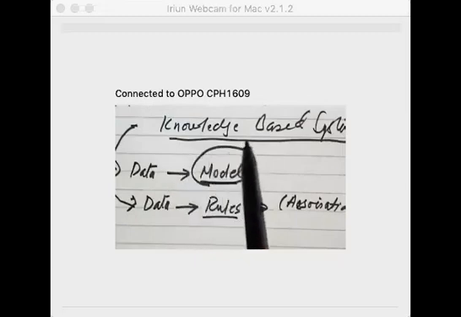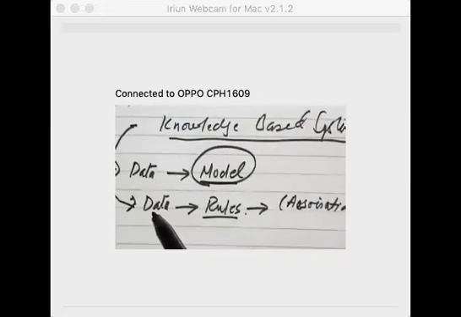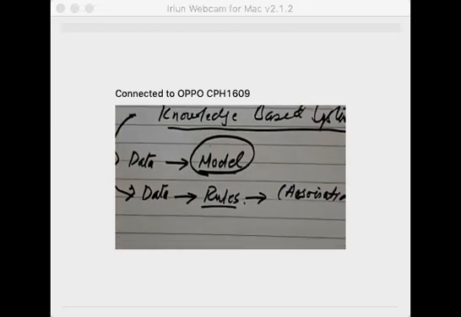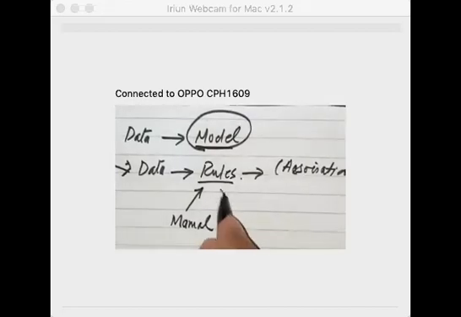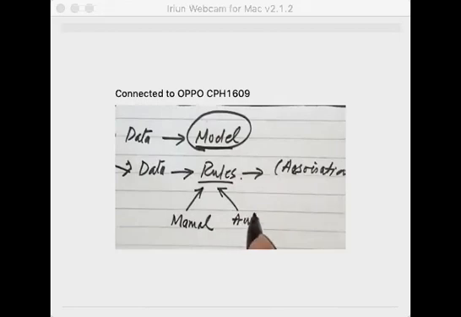Whereas knowledge based systems क्या करते हैं? Knowledge based systems आप डेटा से रूल्स को एक्सट्रैक्ट करते हैं, ठीक है? अच्छा, दिस कुड बी अ मैनुअल प्रोसेस, ठीक है? आप खुद से रूल्स दे सकते हैं. आपको प्रॉब्लम का अंदाजा है तो आप रूल्स खुद से जनरेट कर सकते हैं, या आप रूल्स को ऑटोमेटिकली जनरेट कर सकते हैं. ओके, सो यू कैन जनरेट दीज रूल्स ऑटोमेटिकली एज वेल,